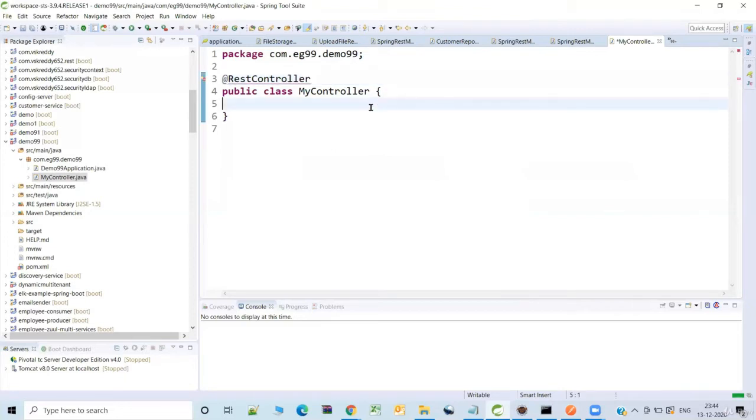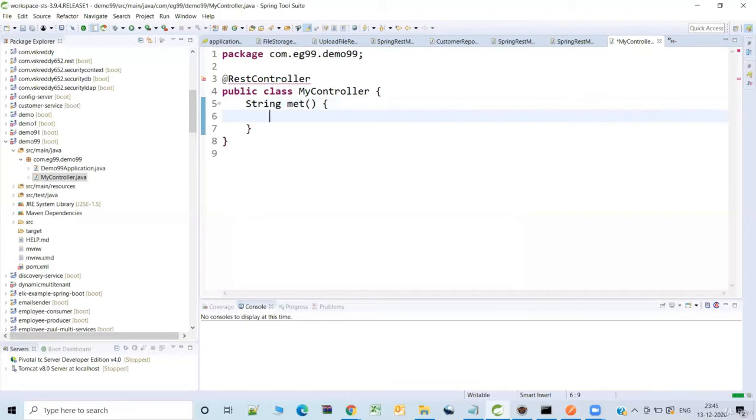Then let me fix the compiler errors after a few seconds. Right. So here I'm just going to return some hello world. Okay, let me name the method as method. Right.